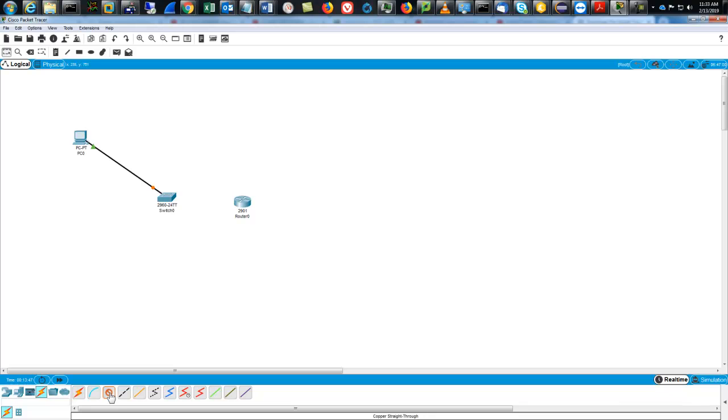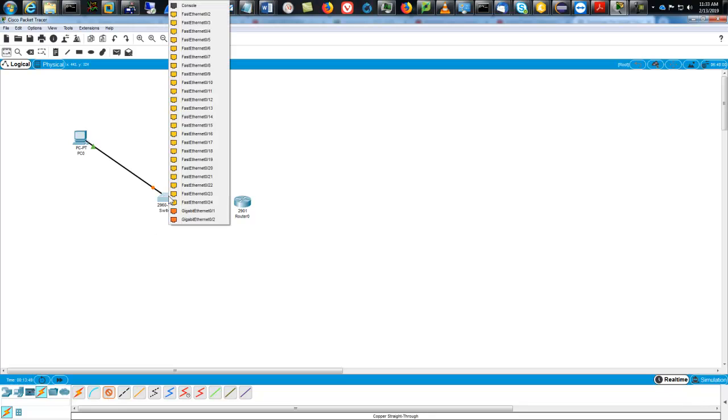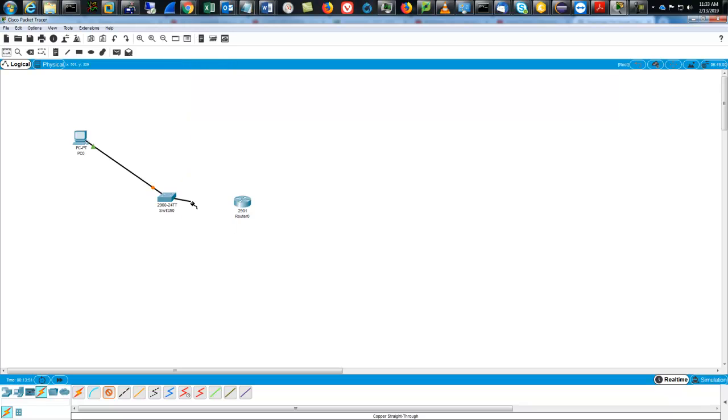Now I need to do that again, and I'm going to use this port here, and I want to go over to the router, and these are the ports available to me here. And remember, I've already configured the GigabitEthernet0/0, so I'll connect to it. Now we're not done yet. I have assigned an IP address to this router interface. I need to configure the IP address on the PC. So again, left click,